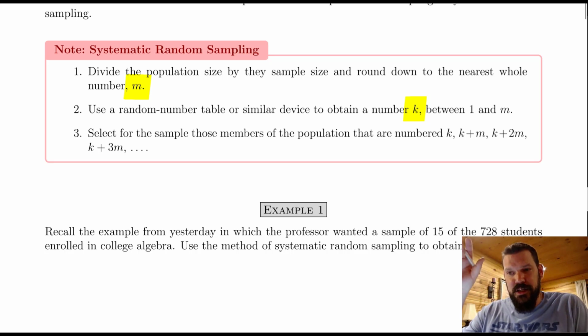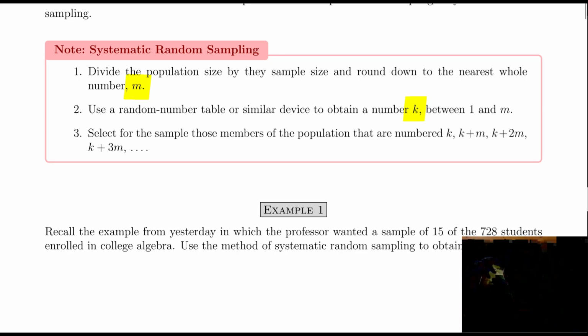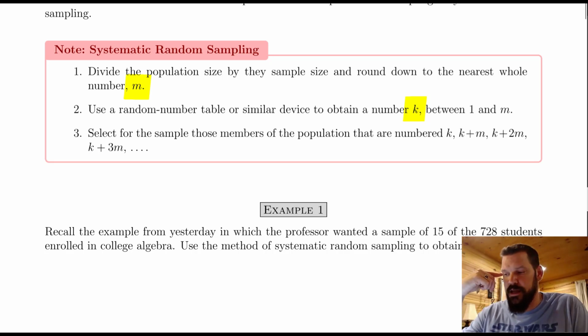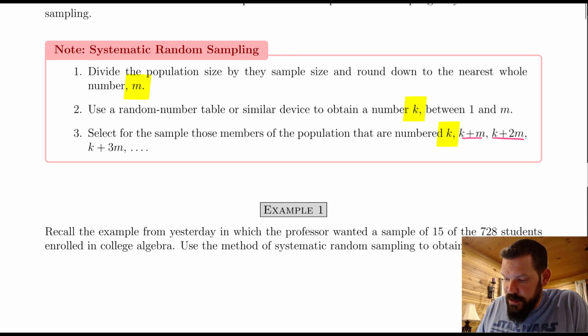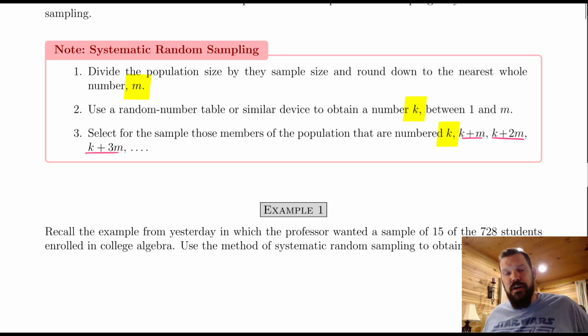I really highly suggest that you make sure you use a random number generator or a random number table, not just arbitrarily pick some number off the top of your head, because that does skew the randomness of the study. Then for step 3, this is where we generate our sample. Our first member of the sample set is whatever that number K is, and then our subsequent numbers are K plus M, K plus 2M, K plus 3M, and so on